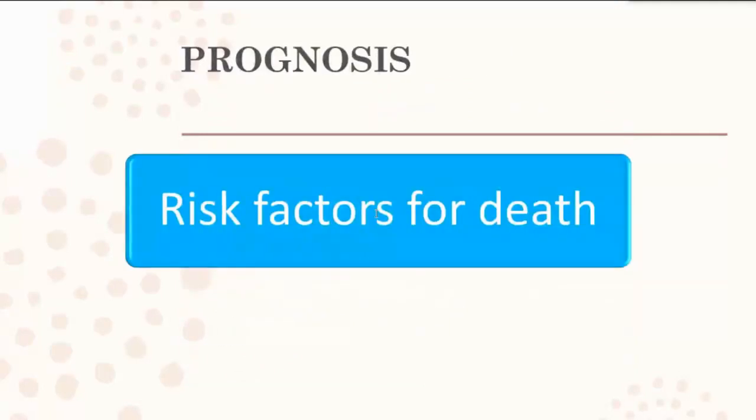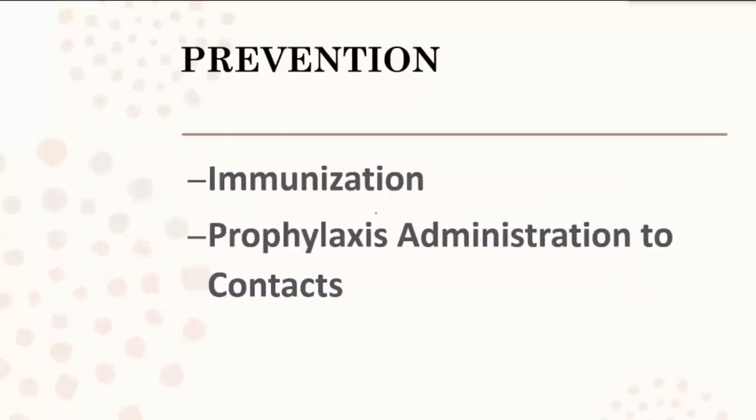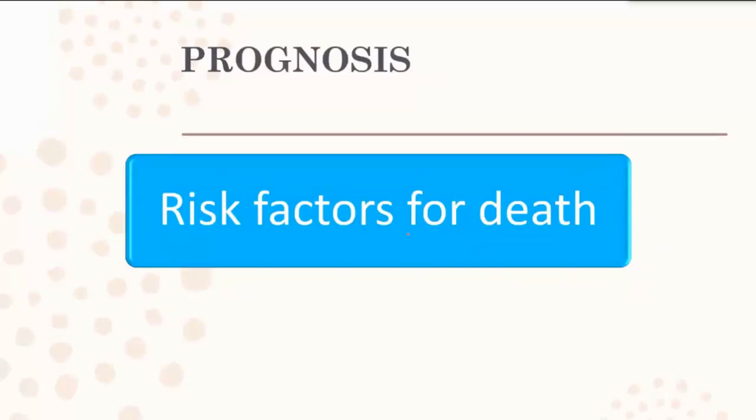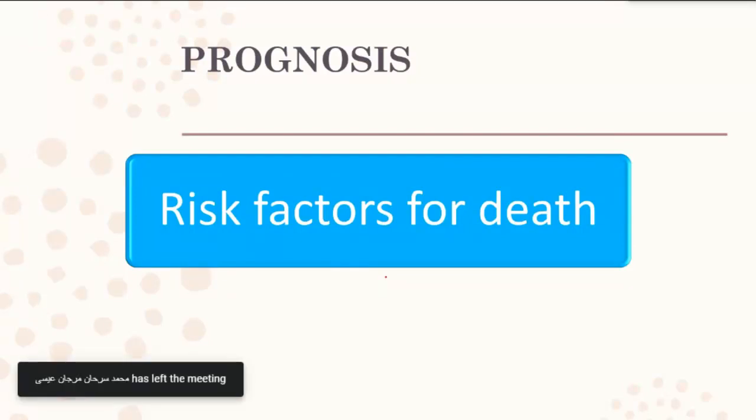Okay. What about the prognosis? What about the risk factors of death? What do you expect to be the risk factors of death in a patient with diphtheria? Airway obstruction. Yes, okay, the patient has severe disease with extensive involvement, extensive pseudomembrane, the whole mouth becomes involved, and bull-neck deformity is a marker of poor prognosis. Also, doctor, myocarditis. Yes, myocarditis, good.